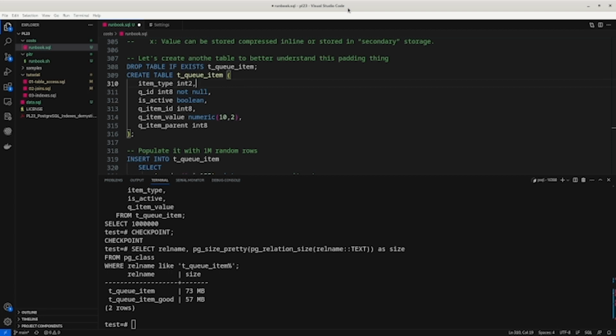So it will create a map with 6 bits. Each bit represents the position of the column inside the row. So this one can be null, and it's the first one on my table. So the first bit is going to be 0 or 1. If it's 1, it means it's null. If 0, it means there is data.